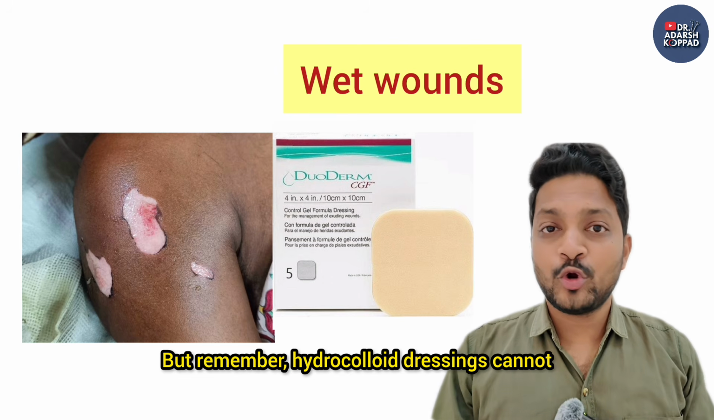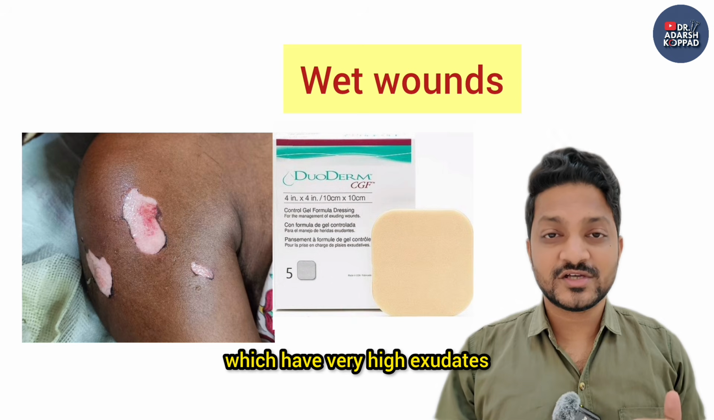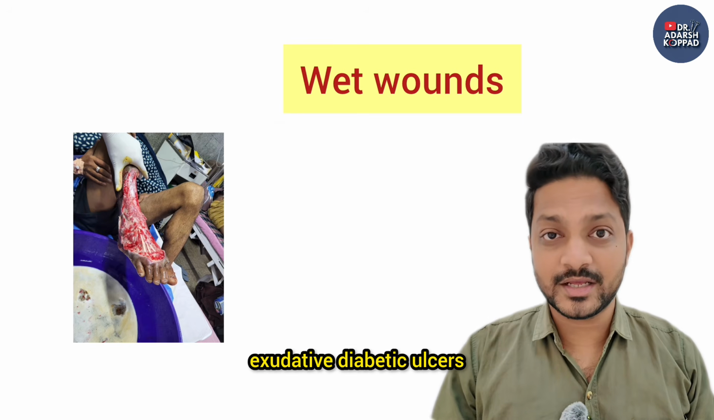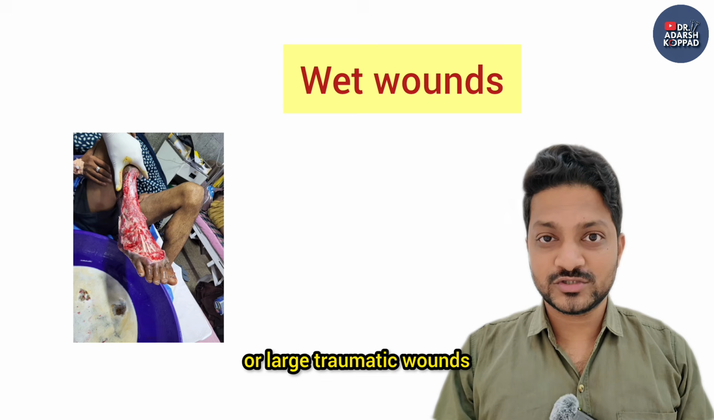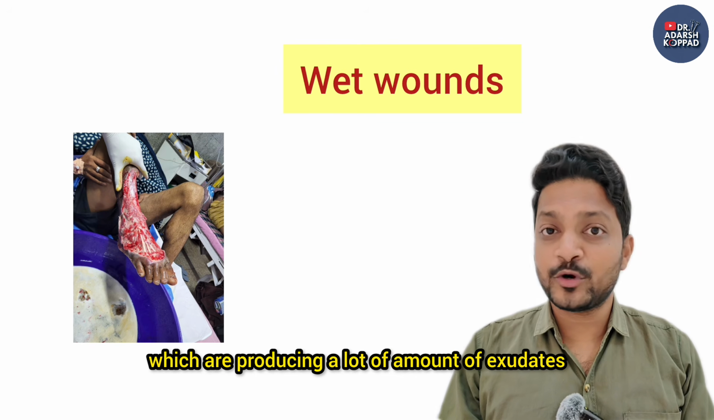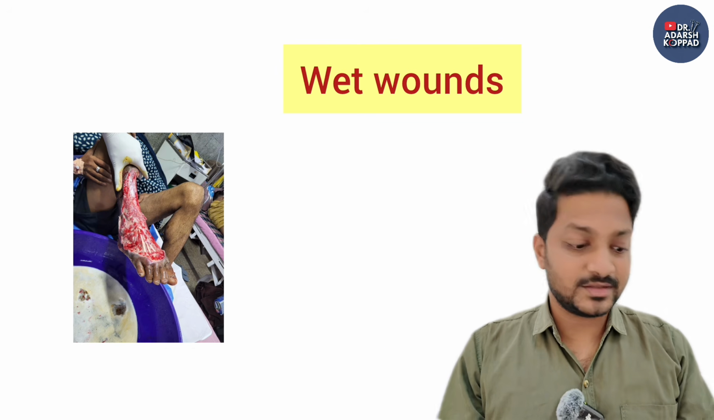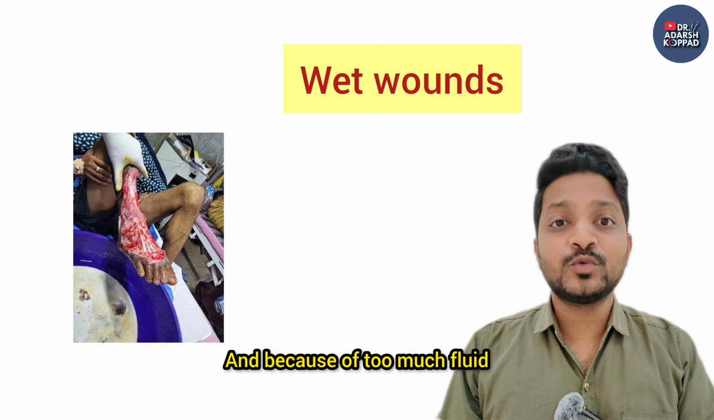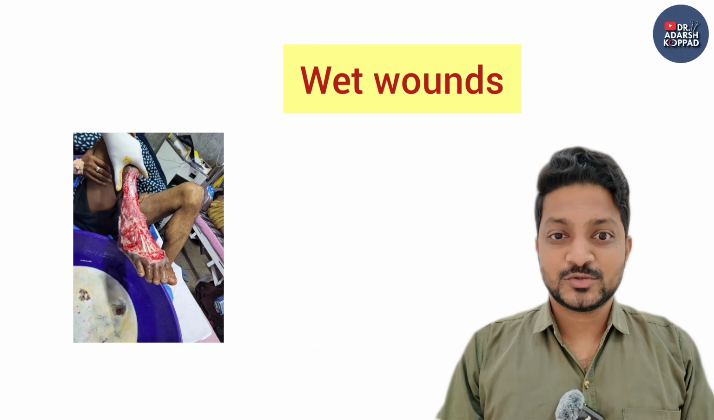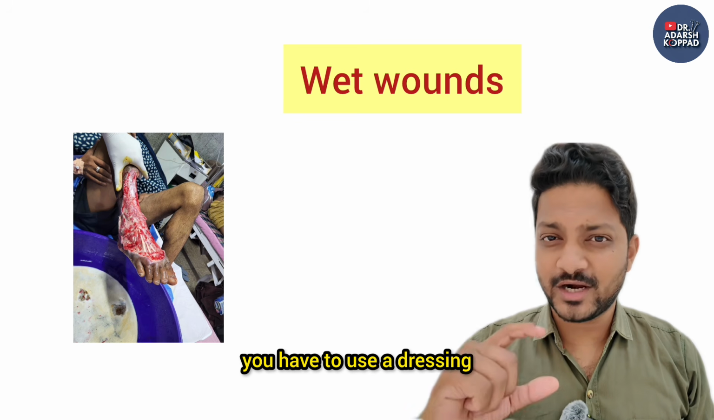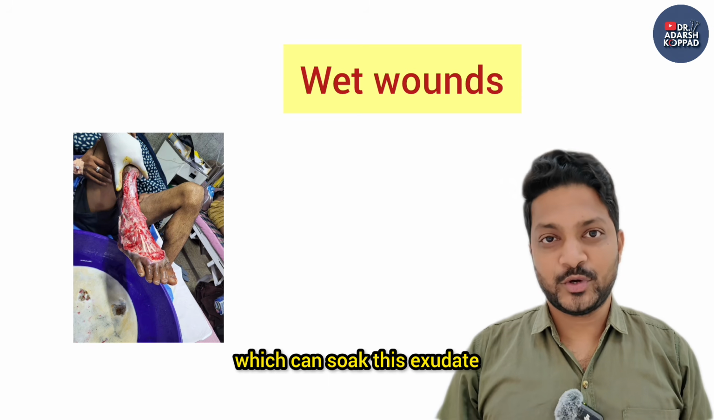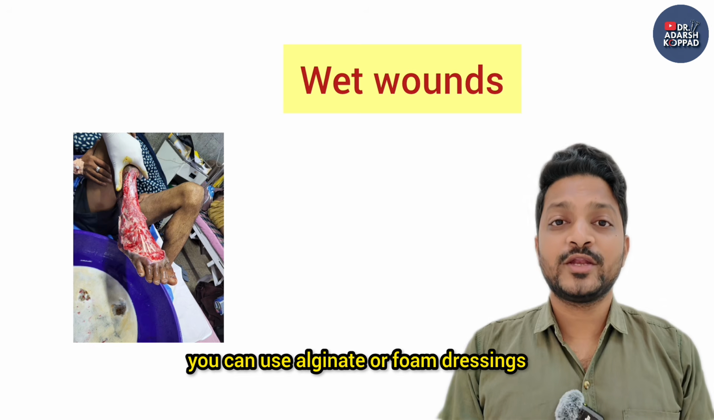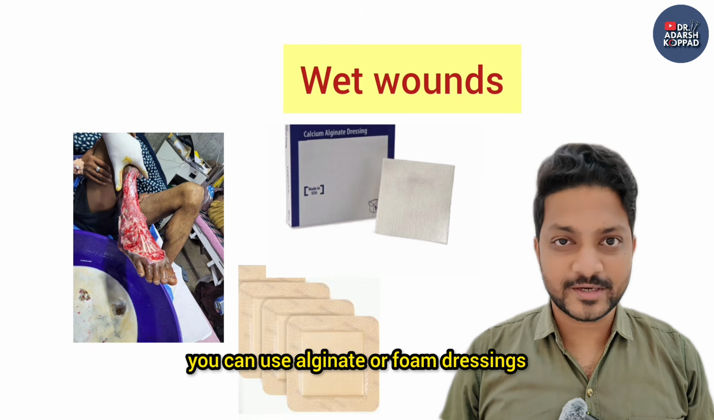But remember, hydrocolloid dressings cannot be used in wounds which have very high exudates. Like for example, venous ulcer, exudative diabetic ulcers, or large traumatic wounds. In all these wounds which are producing a lot of exudates, there is skin maceration and also there is constant soaking, right? And because of too much fluid, the wound healing is hampered. So in this case, you have to use a dressing which can soak this exudate but still provide a moist environment for healing. So for these kind of wounds, you can use alginate or foam dressings,